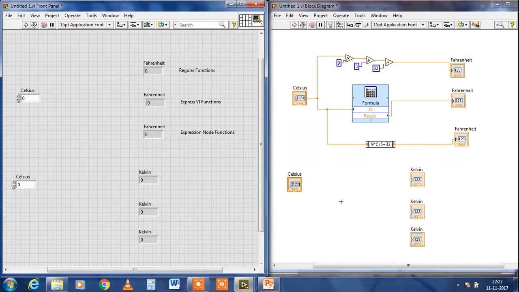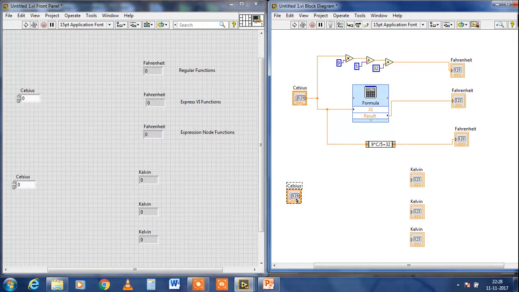Now first of all, create the regular function. To create that regular function, we simply add 273.15 to the Celsius temperature, and after that we get the Kelvin temperature.